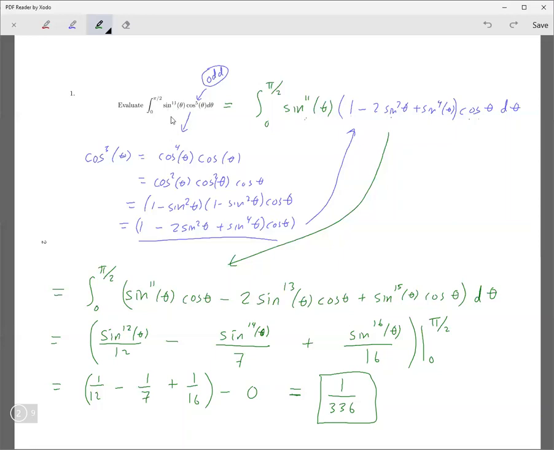The sine to the 10th you can write as a product of sine squareds, and then convert each of those sine squareds to 1 minus cosine squared, then expand it all out and work that way, using the sine as your substitution variable. The sine would take the same role as the cosine. Okay, now if they're not